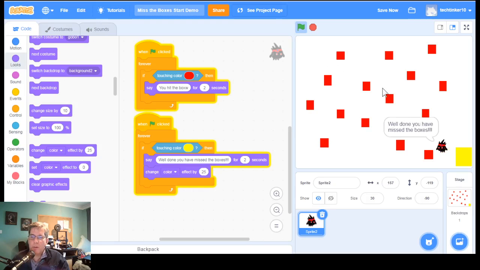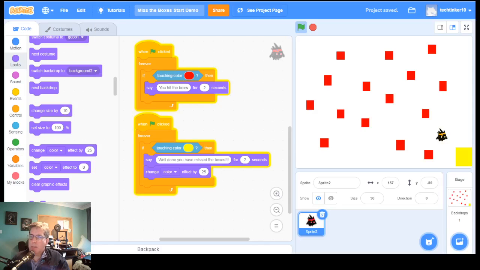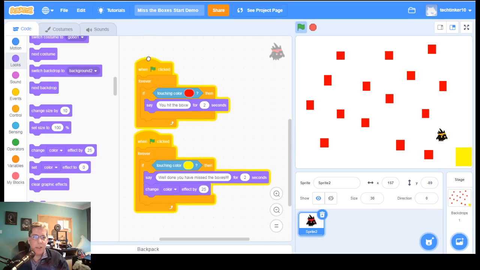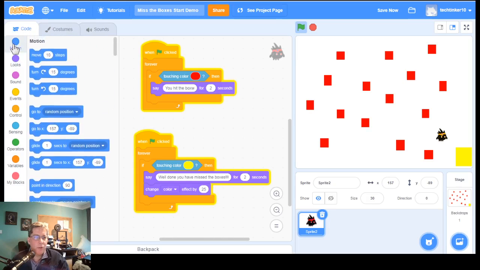Okay, so I've got my thing there, which is brilliant. So that works. Let's look back at the checks. So we've done the first one. Okay, when it touches a red box, should it go back to the start? You may need one of these blocks. So I'm going to need one of these blocks over here. And see what happens. Okay, so I think that it's going to be in here, isn't it? If touching colour, say you hit the box, and then we're going to want him to move back to